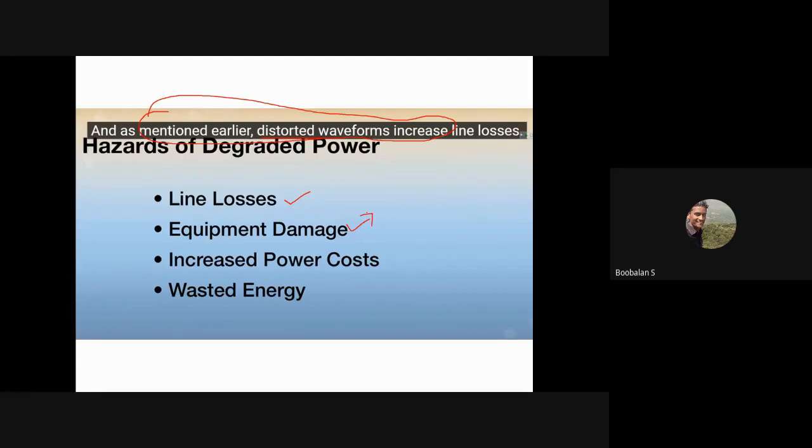So definitely this harmonics will introduce more heat on my power factor correction capacitor, and then finally that capacitor is getting burned. The same way, due to this harmonics, my cost bill will be increased. Finally, the total energy is going to be wasted due to this harmonics. So the entire power grid is getting affected. So how the harmonics is created: mainly my switching devices, right?